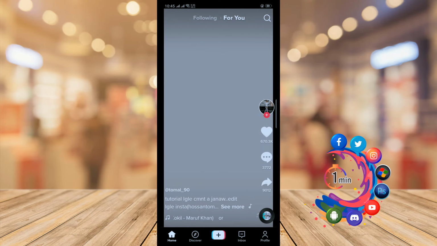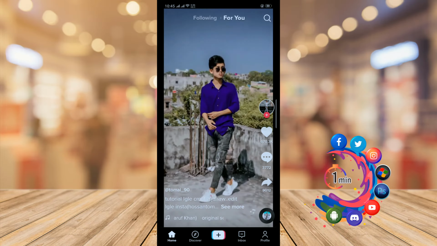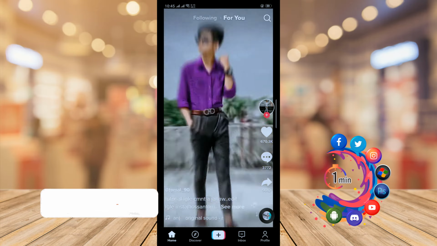Hello friends, in this quick tutorial I'm going to show you how to reset and customize TikTok for you